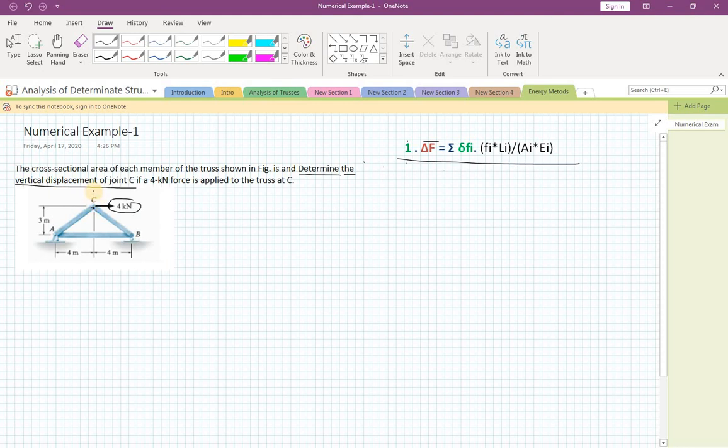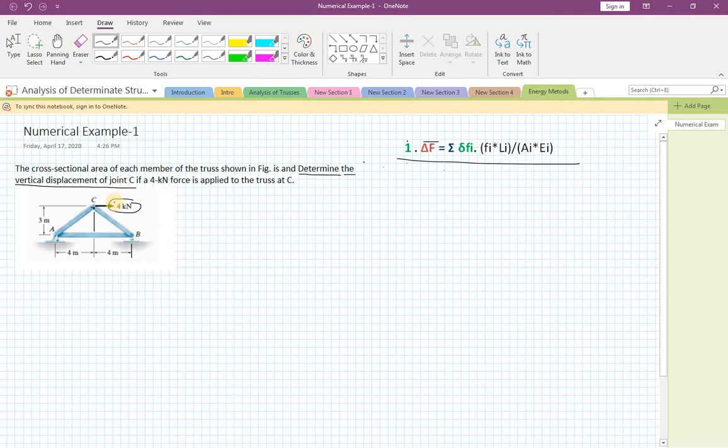Now the question comes whether you should apply the 1 kN in the downward direction or the upward direction, because both are vertical. It doesn't matter, you can apply it upward or downward, but the final answer you get at joint C will tell you whether you should have applied the force downward or upward. If you get a negative answer, it means whichever direction you applied was wrong, but the value will remain the same. Only the sign of the final answer will tell you in which direction you should have applied it.